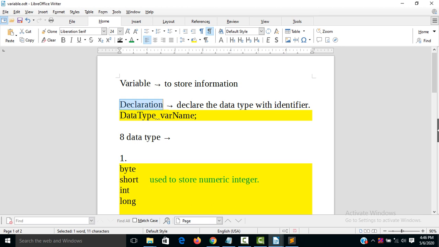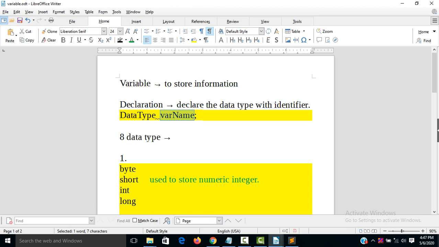Declaration is to declare the data type with an identifier. Here in the example, you can see this is the data type and this one is the identifier. Here you write any type of data type and here you can write any type of identifier.